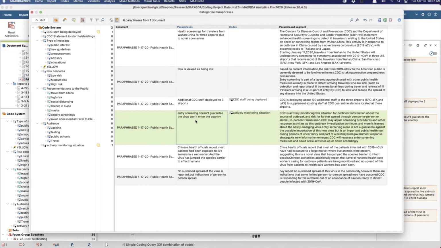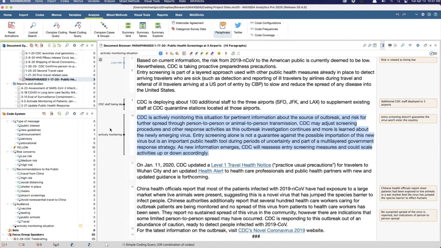Now you'll notice that this code is applied to this segment here. This is the segment, this is the paraphrase, this is the code. And watch. It shows up here now. And the text of the paraphrase is now converted as a code comment.